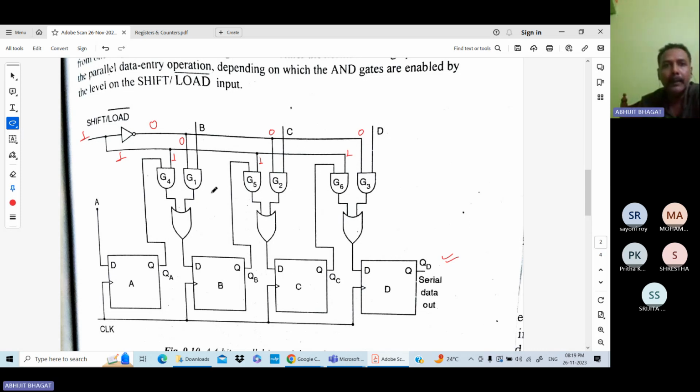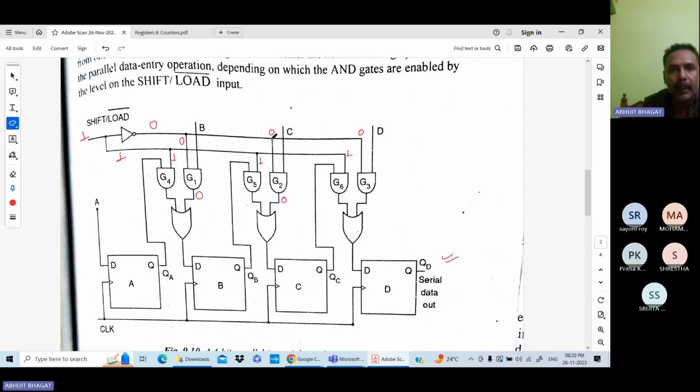Now you can see your this data, your G1 output is what? G1 one input is 0 here. So output is 0. Same your G2 output